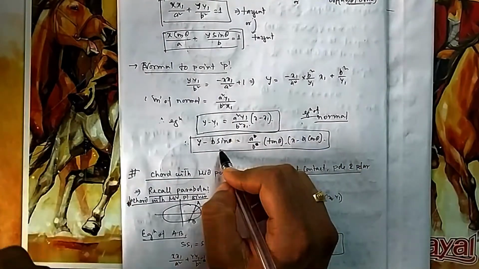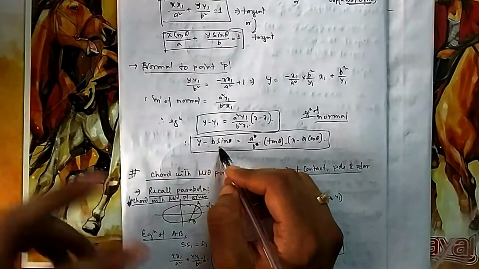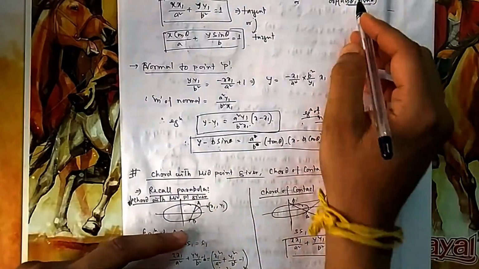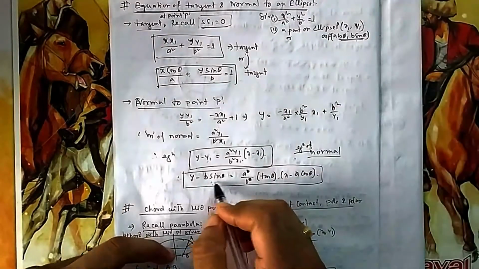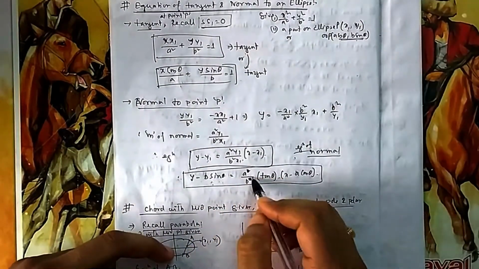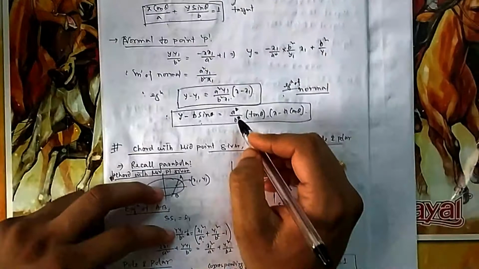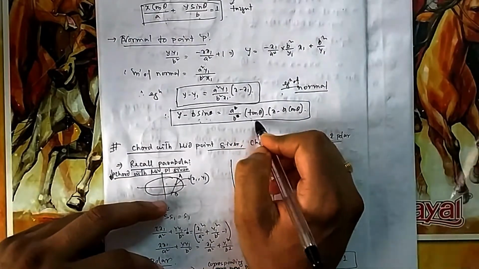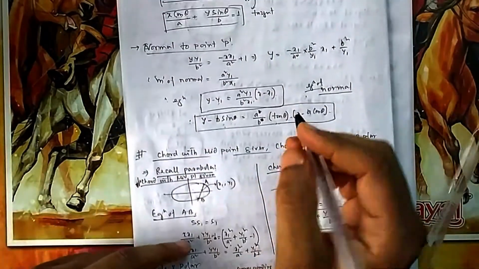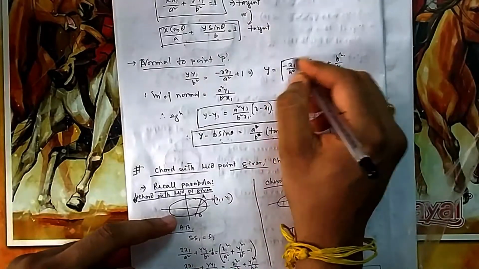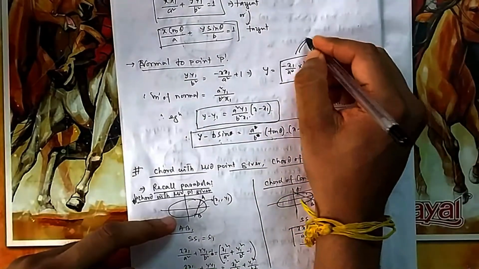Similarly, the equation for tangent also you can find, y minus this one, in terms of parametric form. Suppose the point is this, what will be the equation of normal? Instead of x1, y1, we have done it in this way. Okay, you can see it. Now once you have done all these things, you can see the slope of tangent also in terms of parametric form. This is the slope of the tangent.